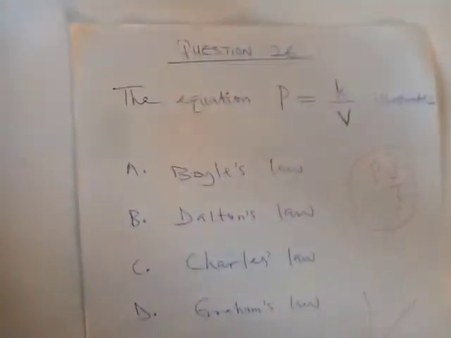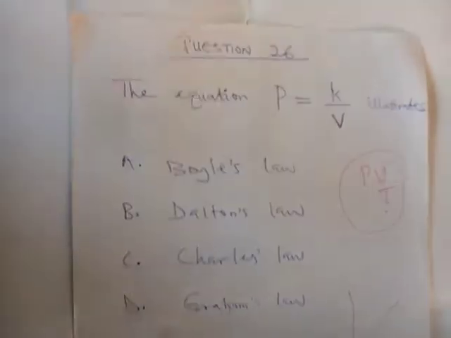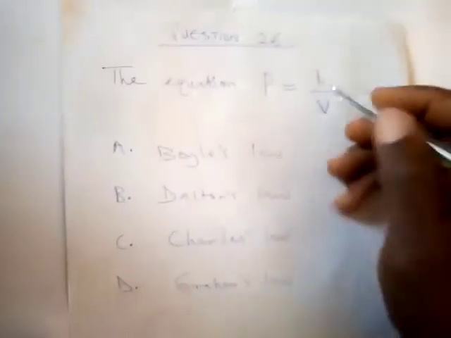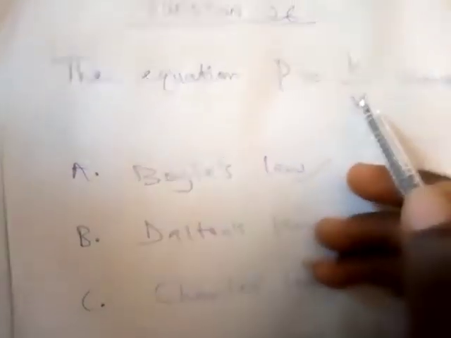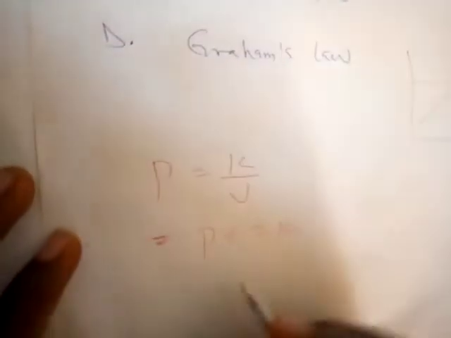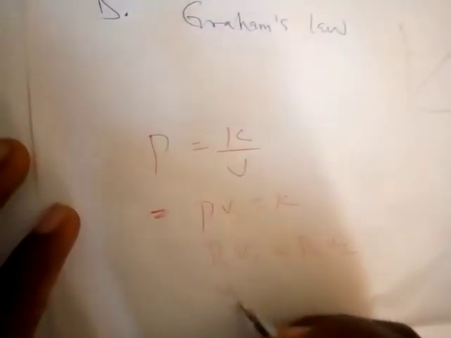And Boyle's law tells us that at constant temperature, the volume of a gas is inversely proportional to the pressure. You can say pressure is inversely proportional to volume. So this relationship is talking about Boyle's law, and that's why you can have P is equal to K over V, which should give you PV is equal to constant. That's why we can say P1 V1 is equal to P2 V2, or V1 P1 is equal to V2 P2, same thing. This is Boyle's law, and this is coming from this. So this is the correct answer.